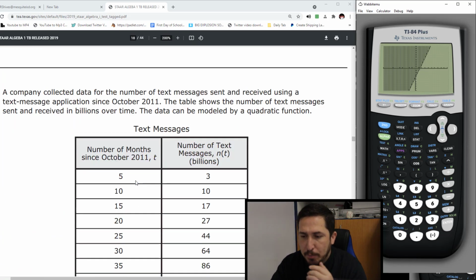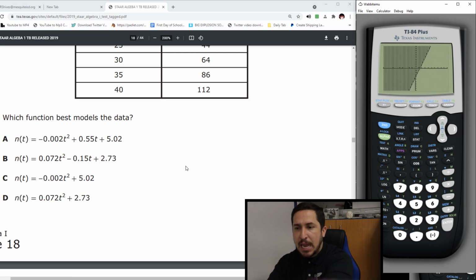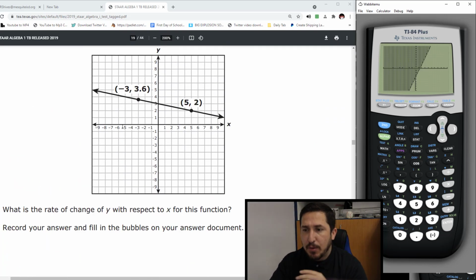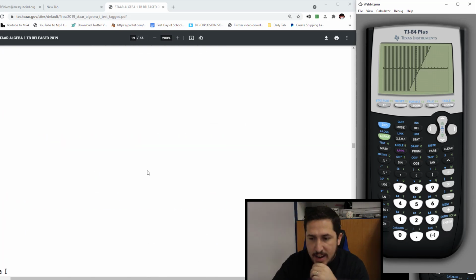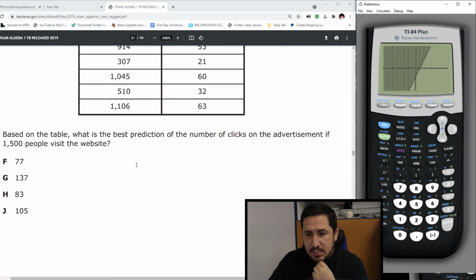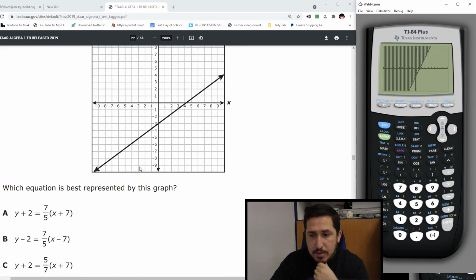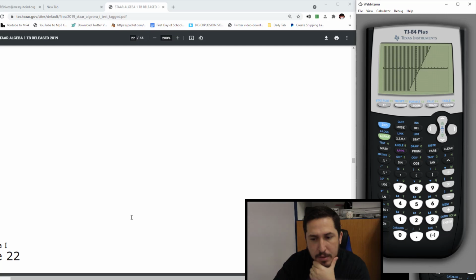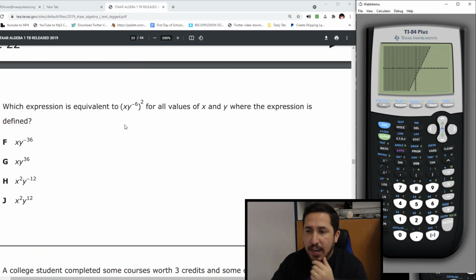This guy, read a word, probably should be fine. This guy, type him in, go to your table like we did before. Look up all these values. This guy, rate of change, put him in your stat edit. This guy, type him in, see which one matches. This guy, good luck, guess on him. This guy, you gotta know how to solve him. Watch that video about how to solve for y, it's easy. You go parentheses, type in all this junk, do -2, then close the parentheses, see which one looks like him. This guy, change this guy to 1.1 in the home screen.